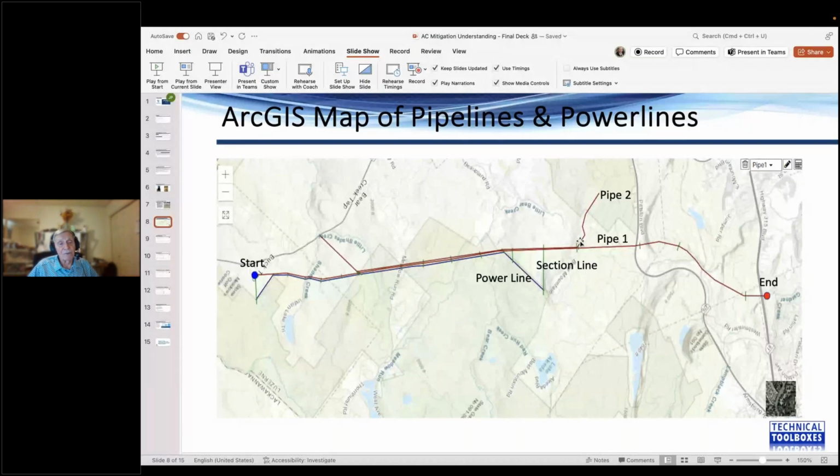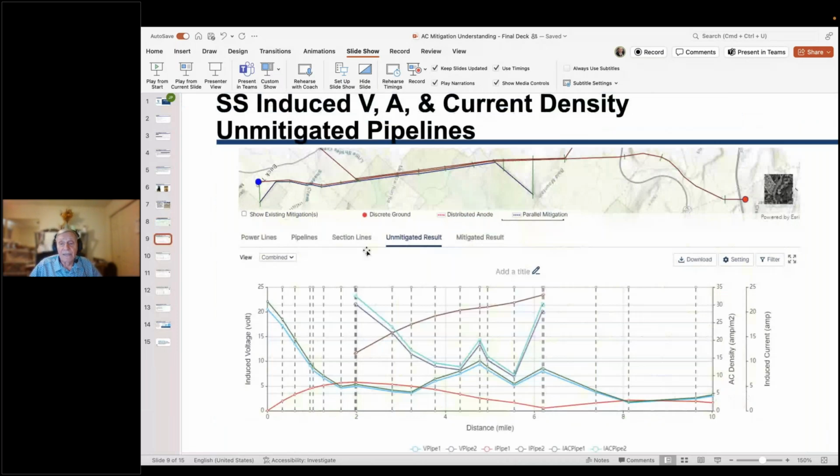So what we have is this blue line. That's the power line. This is pipe one. This is pipe two over here, and this is where we're starting our survey. We just happen to have a compressor station located there with isolating flanges. And also this line continues on, and so does this one. This comes in and goes out. And I use this as an example. And why did I use it as an example? Well, in the next slide, I'll show you because we're going to model it, and you're going to see